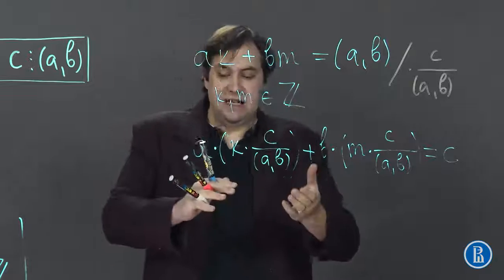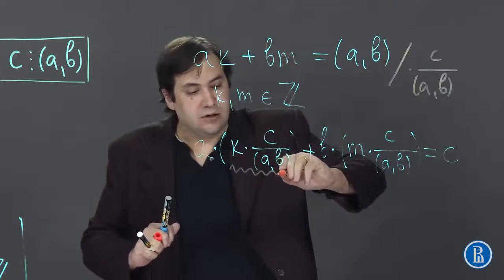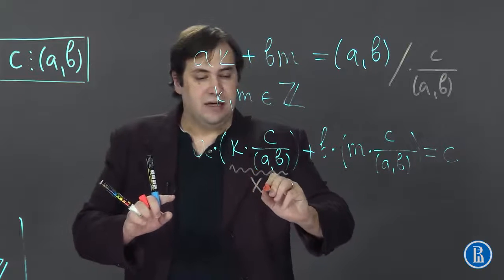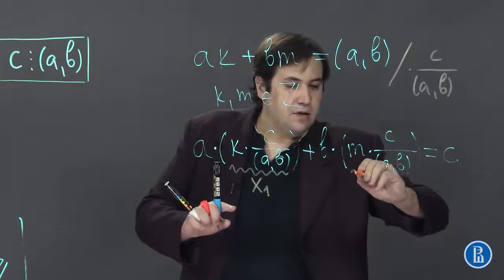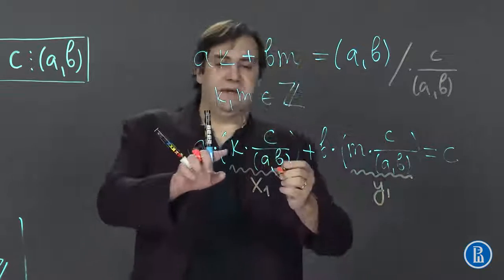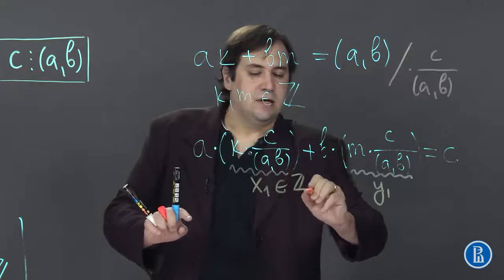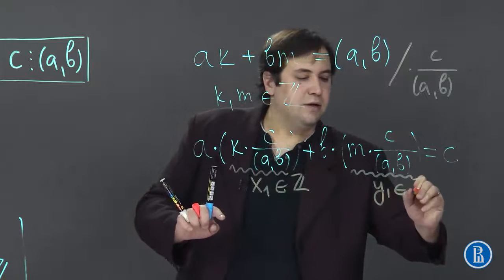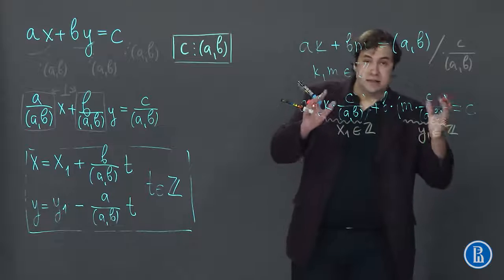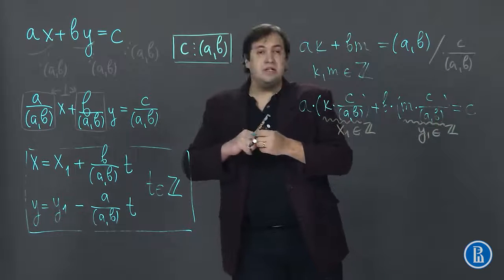So we see that there exist integer numbers. Denote this one by x1 and denote this one by y1. And we understand that k is an integer and this fraction is an integer, so x1 is an integer and so is y1. And here we see that there is a solution of our initial Diophantine equation,